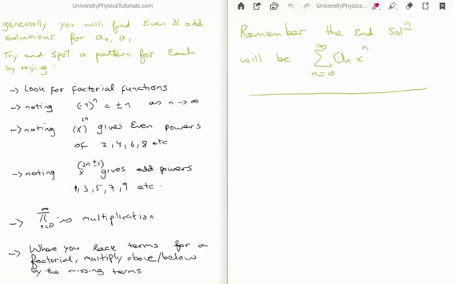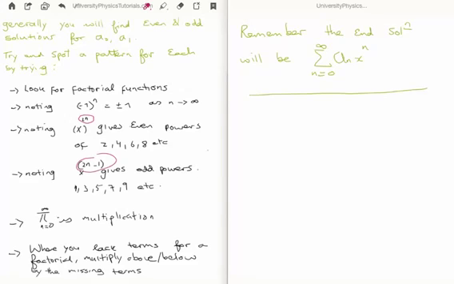Also, if we have x, let's say, to the 2n, this only gives us even powers. So it's going to give us x squared, x to the 4, 6, or 8. Similarly, if we have x to the 2n plus or minus 1, it'll give us odd powers. Usually we have x to the 2n minus 1 because that'll give us 1, 3, 5, 7, and 9. So if you're looking to selectively have certain coefficients, you can use either the 2n or the 2n minus 1